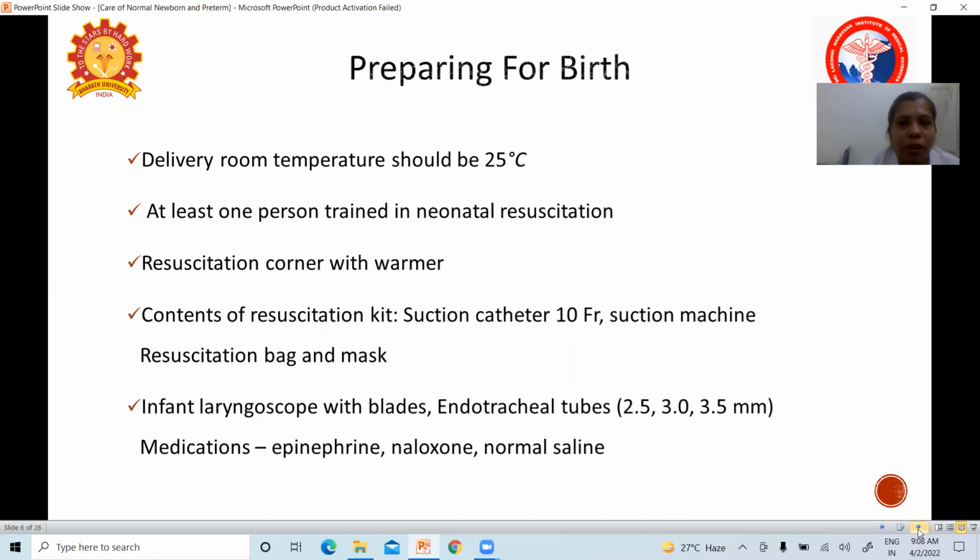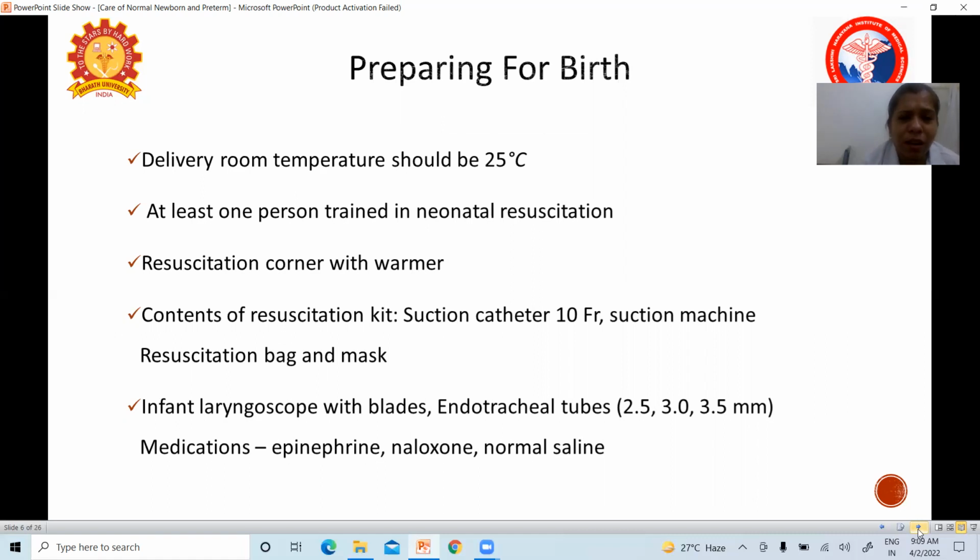It should not be very chilled, it should not be very dry. And a minimum of one person trained in neonatal resuscitation should attend the delivery. If we are expecting a twin delivery, a minimum of two persons are required. And if the delivery is high risk, suppose it is a 25-weeker, 26-weeker, or the mother had cord prolapse, in